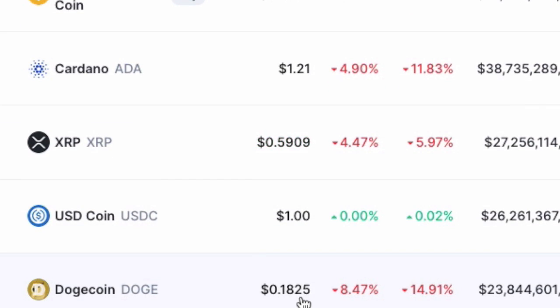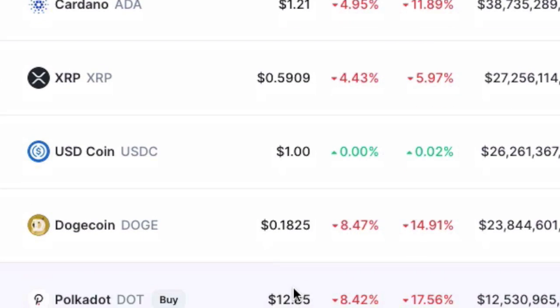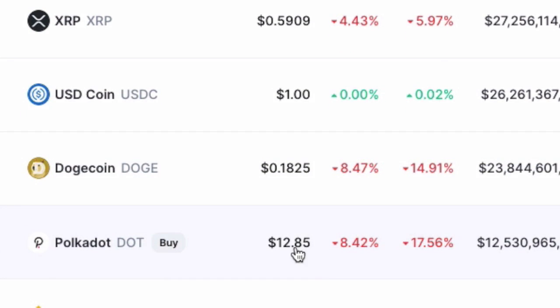Dogecoin used to be at, I believe it was at 70 cents at the all-time high, but now it's at 18 cents. Would I be dollar cost averaging in here? I personally don't invest in meme coins. But you're more than willing to risk it. I just don't personally want to be involved in coins that drastically go up and go down. A lot of people lost money from this, so I'm just not going to invest in that meme coin.